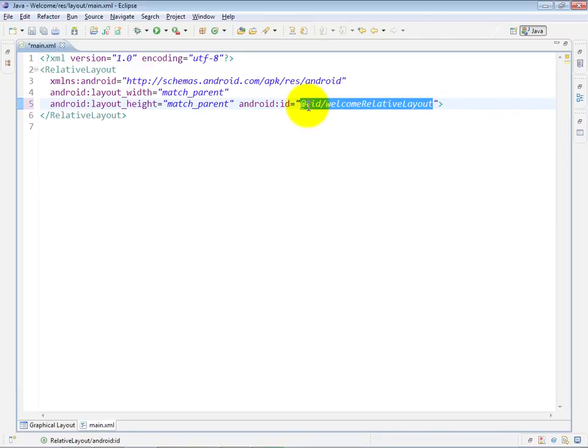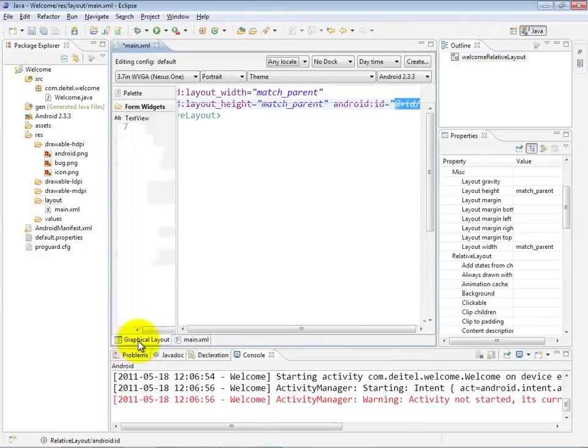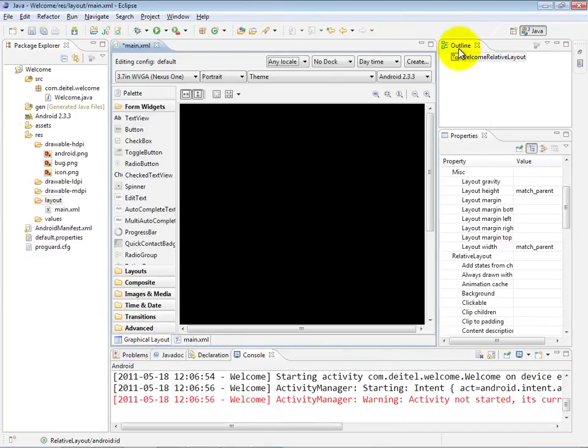If the @ is not followed by a plus and then the word ID, it means we're just using the name of an existing component. And we'll see both of those cases in this example. So let me go back over to my graphical layout. So notice, by the way, in the outline, it now says the actual variable name of my relative layout